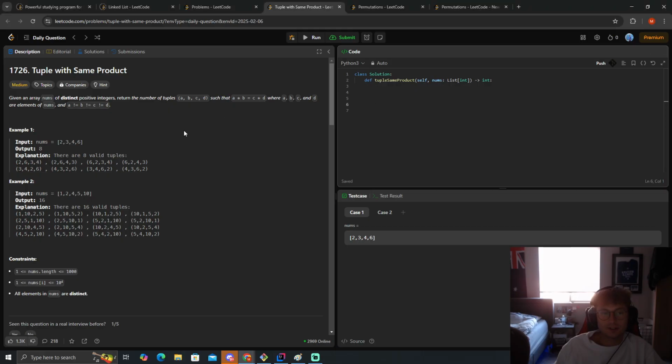I don't know if backtracking is necessary in this. I mean, we could backtrack to get all the pairs, but I'm just gonna try and loop over. Let's see what it gives me. Range length nums. For J in range length nums. We want to start this from I plus 1, and then we want to create